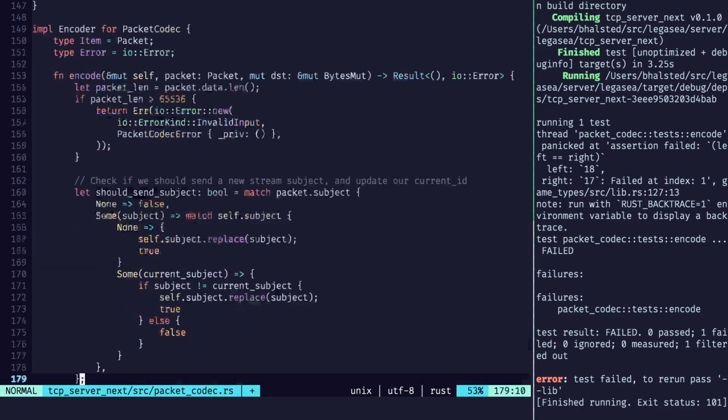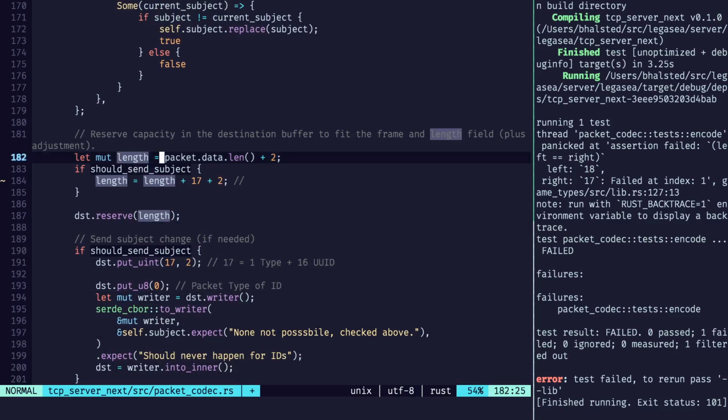If we should update that, then we also need to include new packet type 0, before the actual data. And here we're trying to just reserve as much data as we need in the outgoing buffer for both of these things. Now the value there is that packet ID 0